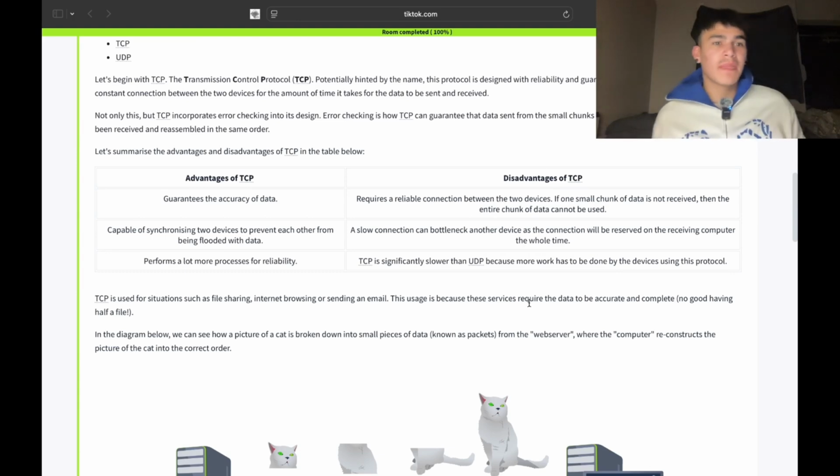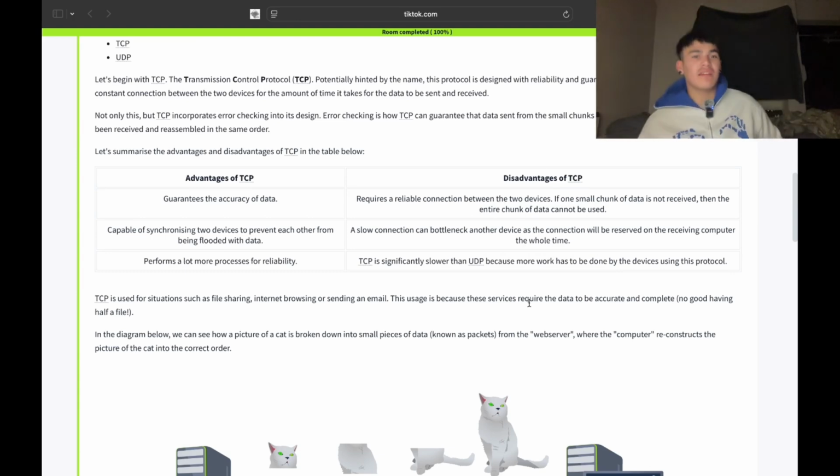So the advantages of TCP: it guarantees accuracy of data, it's compatible between two devices, it prevents a device from being flooded, and it performs a lot more processing for reliability. The disadvantages, because it has to be accurate,